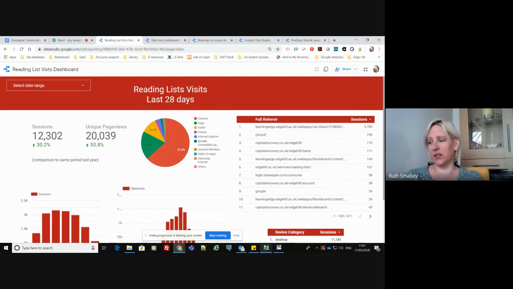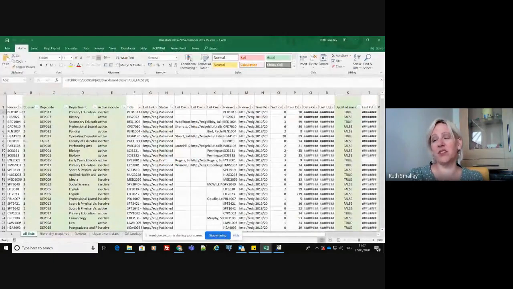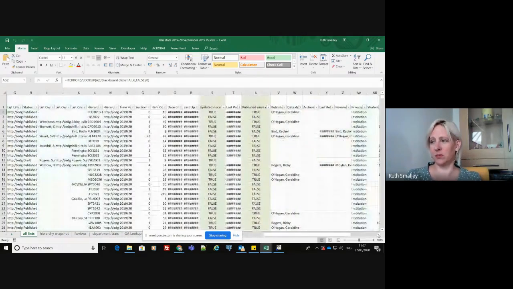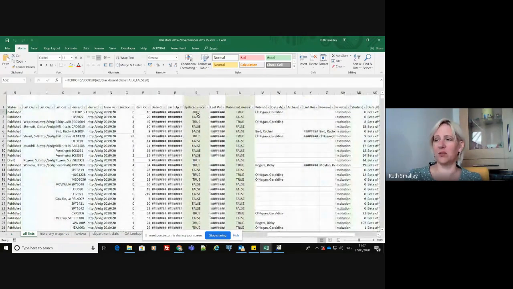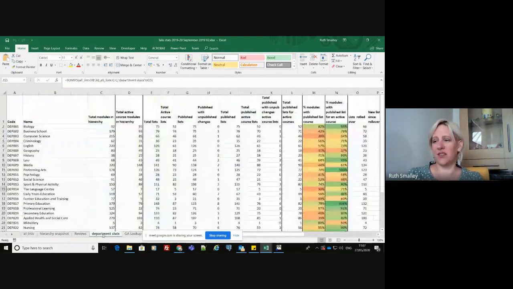So I started off just pulling together data from the Talis stats itself, where you pull it down on Talis. So I was pulling down data and then spending a lot of time in Excel formatting it. And you can see from this one, all the green columns are ones where I was doing some Excel work, with all sorts of formulas in there, VLOOKUPs, IF errors, TRUNCATE, all sorts of things to pull through the data. And the only thing that we were producing then was this kind of massive table in the middle here,